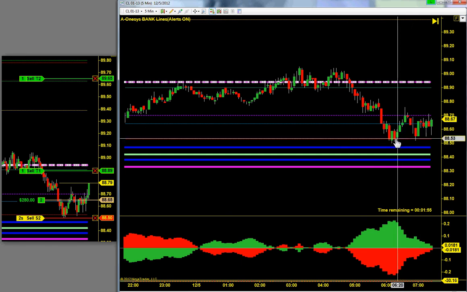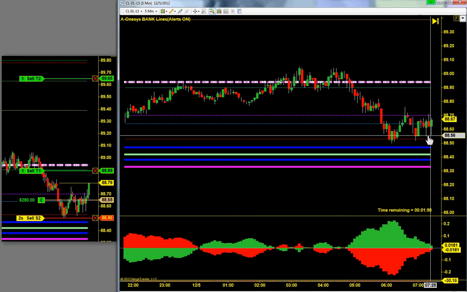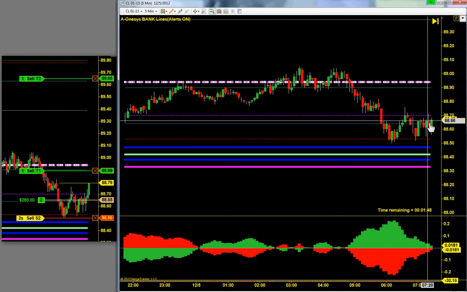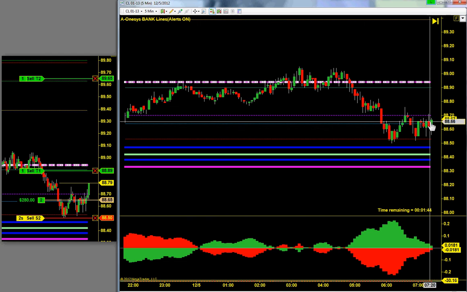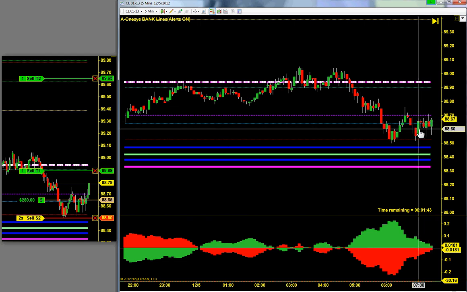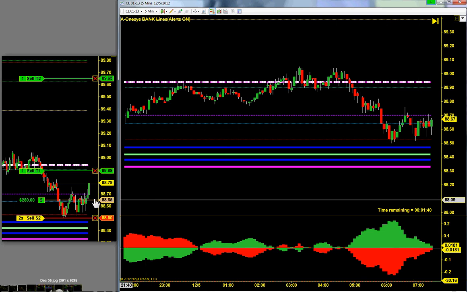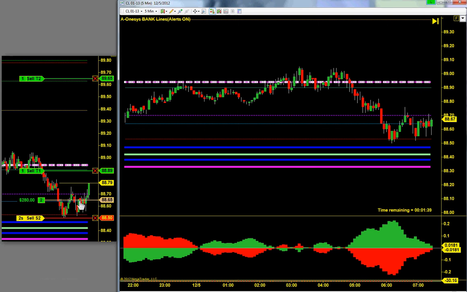So I took that trade, because so many declines with bullish candles. And it started going up, and it hit almost this small bank line and all these bottoms here,